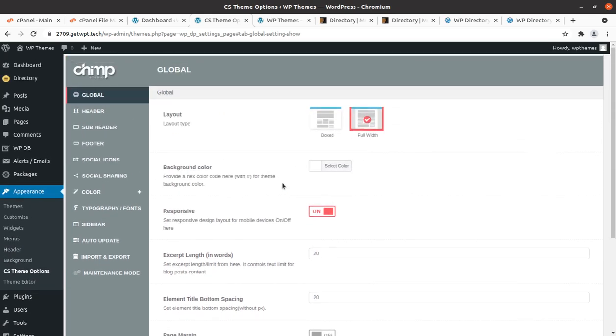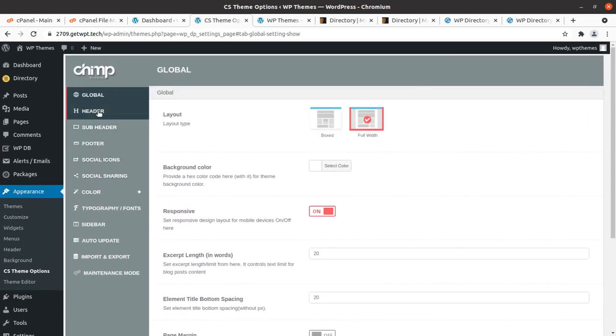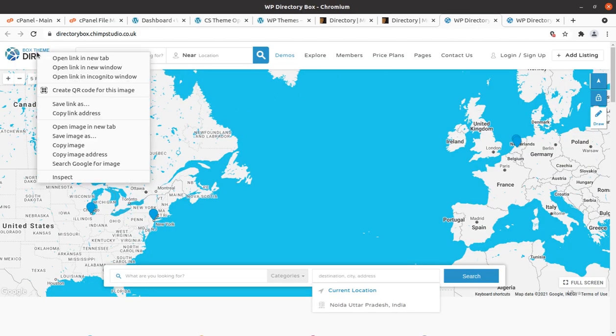and so layout, you can select background color, responsive, expert settings, and okay. Header part, so here is the logo part. You can change the logo from this screen, and yes, so we have to use this screen for customizing our website. Like the logo was missing, so what I'll do,